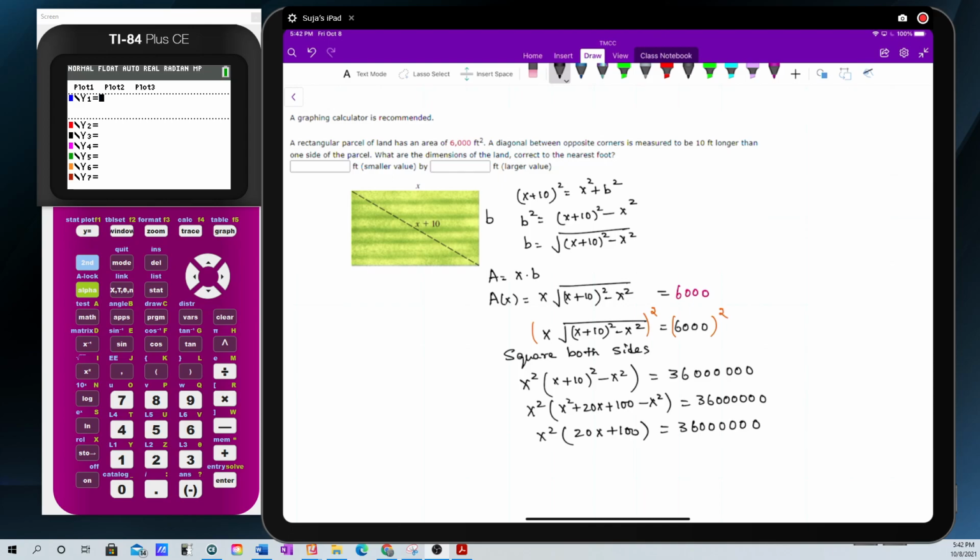Okay, distribute this: x squared times 20x is 20x to the power of 3, plus 100x squared, and I'm bringing this over,